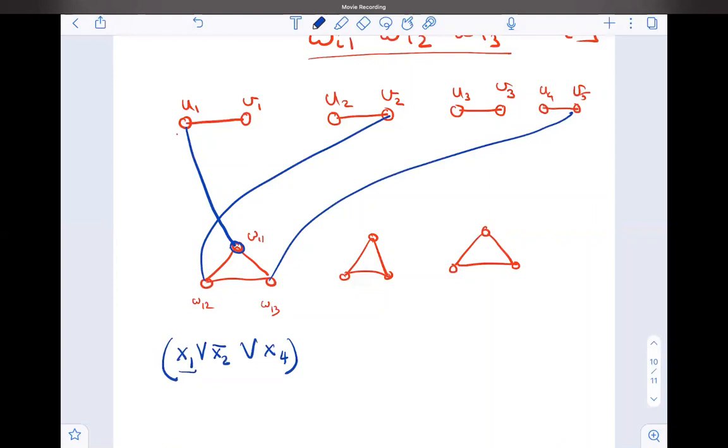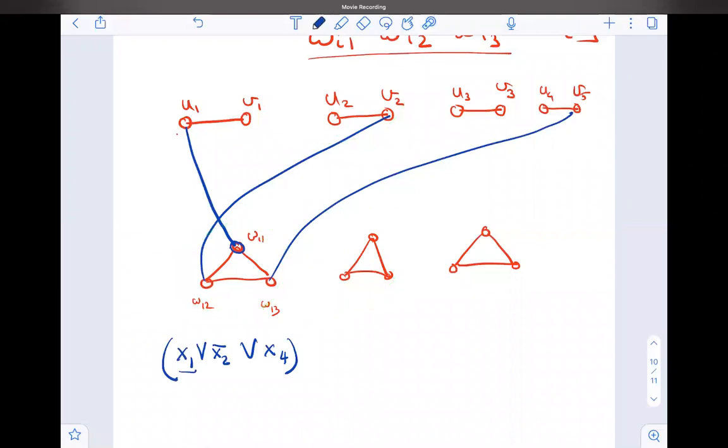Is this clear? The graph construction at least? Yes, sir. Okay. So why are we not connecting the vertices which have the same literal across two different clauses? We're connecting to the upper set, but not amongst them. No, we are not connecting between this and this, not even in the bottom row. Okay, so these are independent sets.